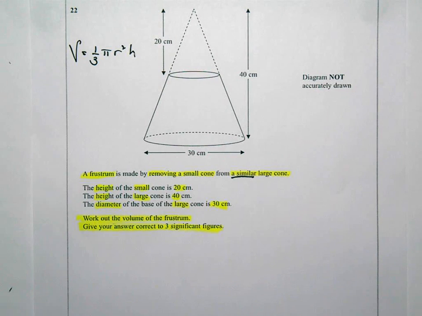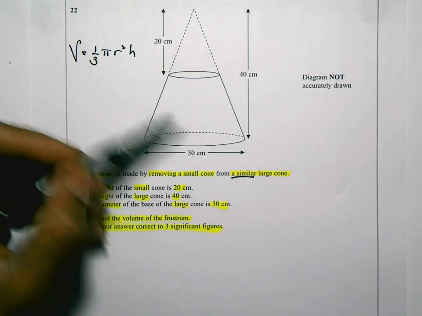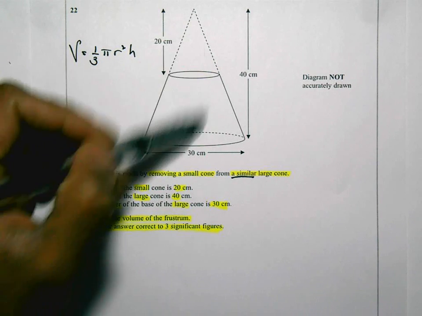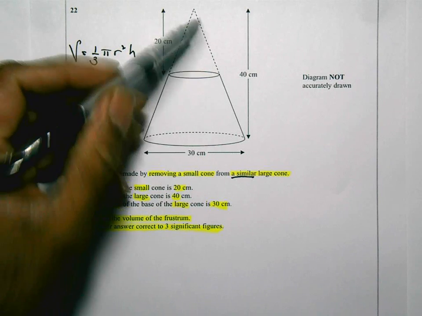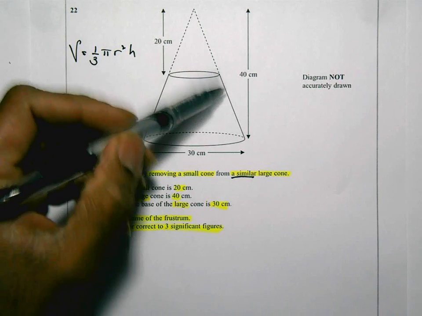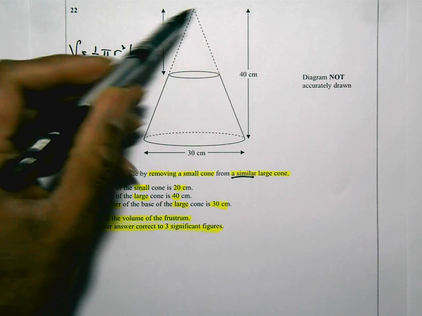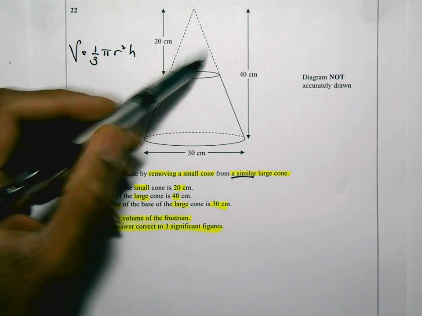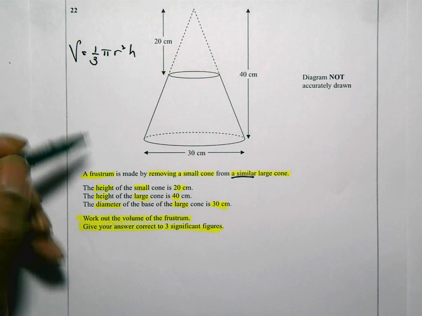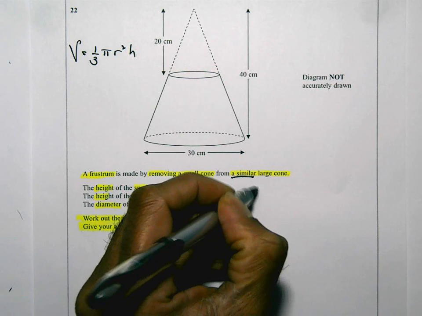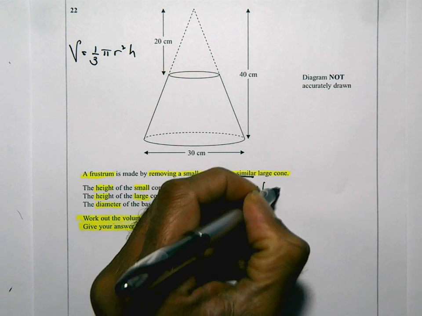For this particular question, they want us to work out the volume of this bit here at the bottom. In order to do that, I'm going to work out the volume of the large cone. So if this bit that was removed was still on there, what would be the volume of the whole thing? Then I'm going to work out the volume of the smaller cone and take away one from the other. So I'm going to write volume of large cone